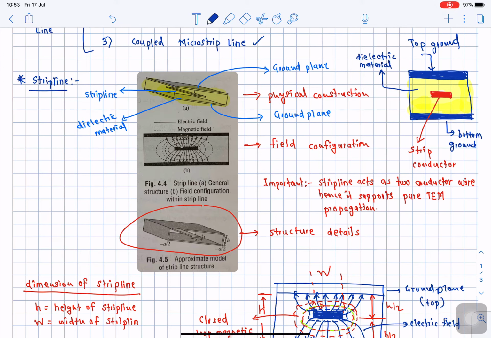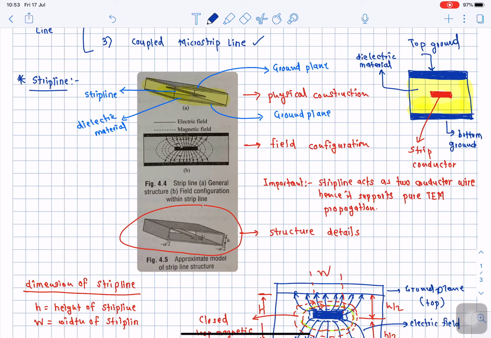Okay, so this is a ground plane, or it is a ground conductor, please remember. Okay, and this is a substrate. Now the substrate I will highlight with a yellow color. So this is your substrate, right? So here I will choose a different color rather. So this is your substrate. Substrate is nothing but a dielectric material, please remember. Some suitable dielectric material is used in order to fabricate the microstrip transmission line.